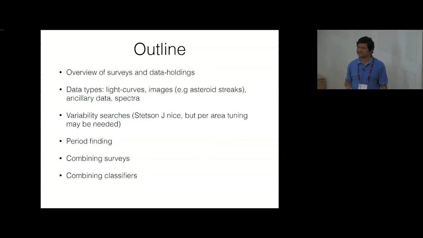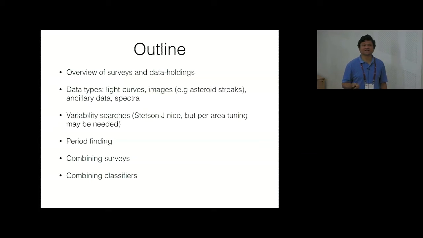And period finding is another thing. If you have a very good data set, a very good time series, then period finding is not too difficult, but most of the time we are not in that regime, so we need to be able to find periods even when the data are horrible. We should be able to do as best as we can and go on from there. So how to go about doing that?